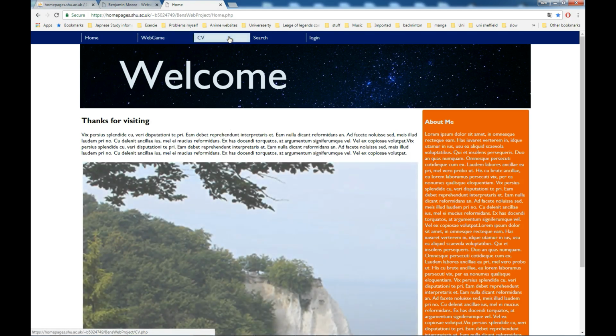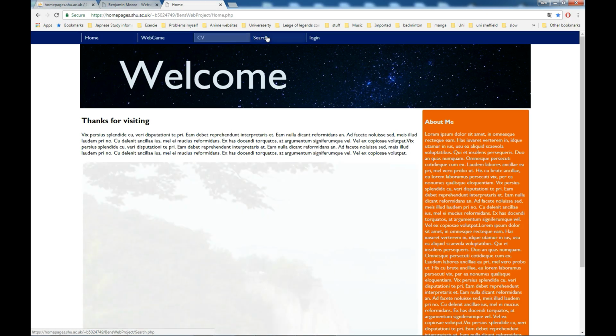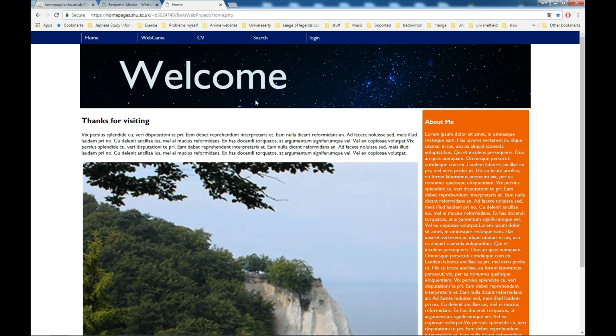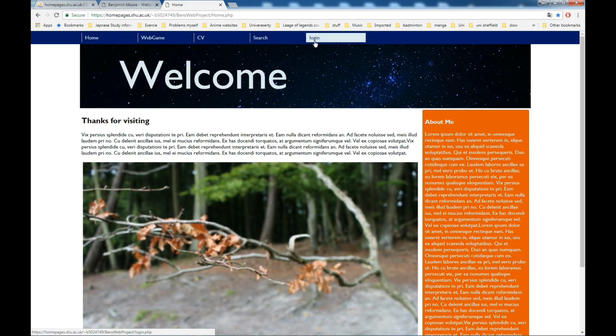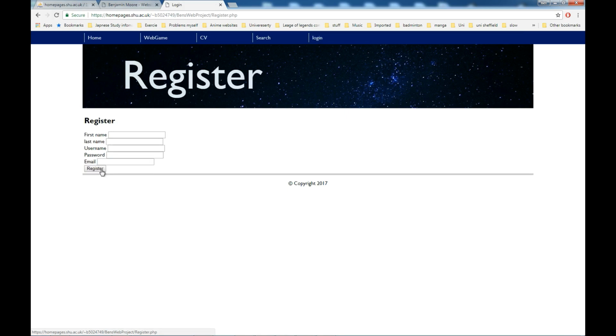So far we can't actually get into any of the other sites, because we need to log in so we can get a unique ID session. That means we can view the other web pages. We'll just do that real quickly. You can try this out yourself, but if somebody's already got a username with the same name, it won't allow you to register. If you put an incorrect email address, it won't allow you to register. It will throw a fit because we have